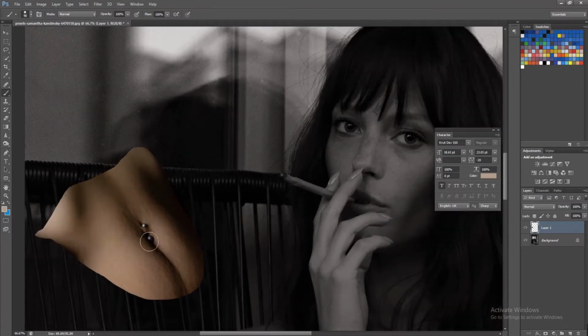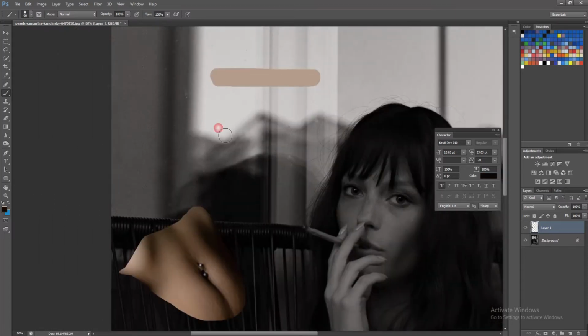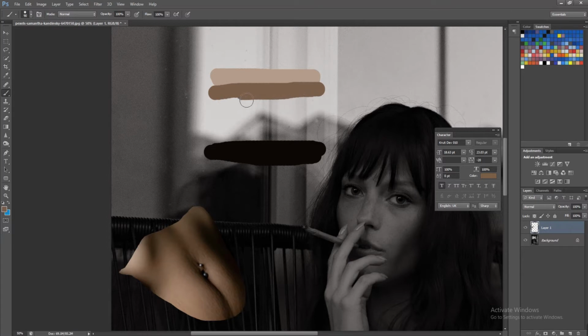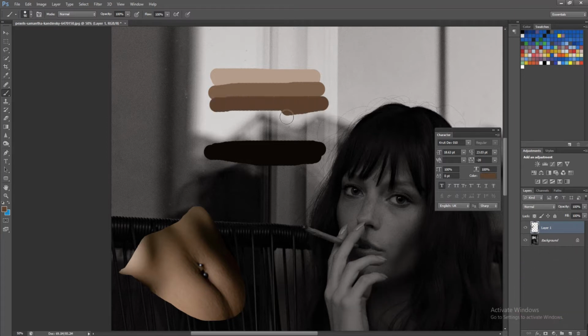Similarly, choose the darkest area of the skin. Select it by pressing Alt and paint on the canvas. Now choose a mid-tone color which comes between the brightest and the darkest color tone. Again, select it by pressing Alt and paint on the canvas. Now let's choose a moderately dark shade as well and paint it. It's always good to have a variety of colors to choose from. Now our colors are final.